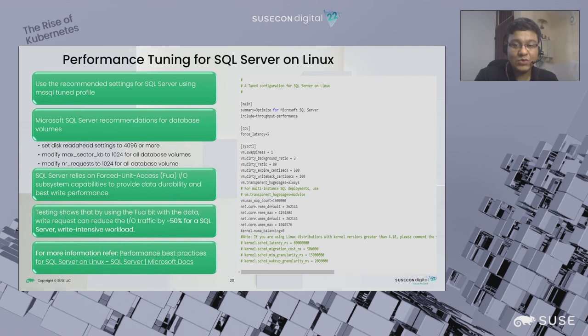here. And as you know, using FUA, and if you have an IO intensive workload, you will see, specifically for write intensive workloads, you will see at least a 50% improvement when you use the FUA bit. So our recommendation is always to enable the FUA bit, provided the OS and the hardware settings support the FUA option. And to know more about it, please go ahead and refer to this link that I have provided here.